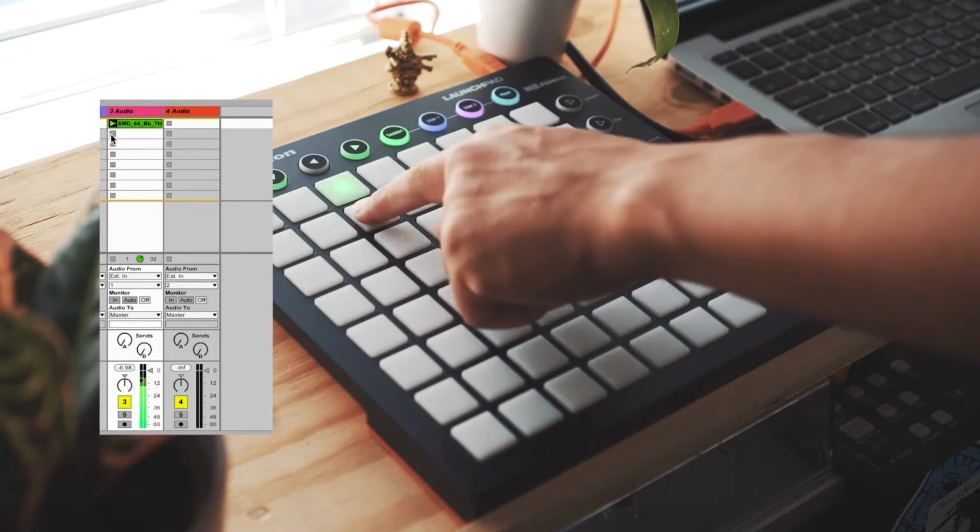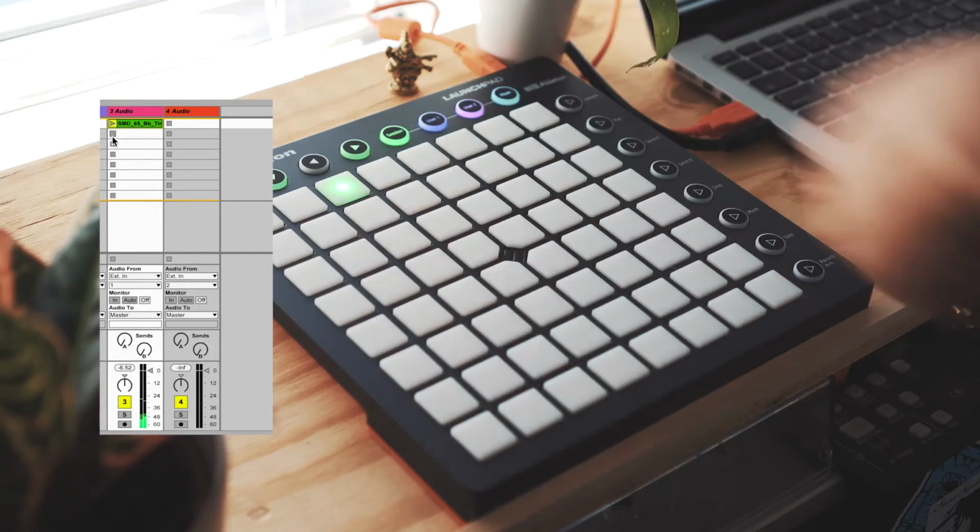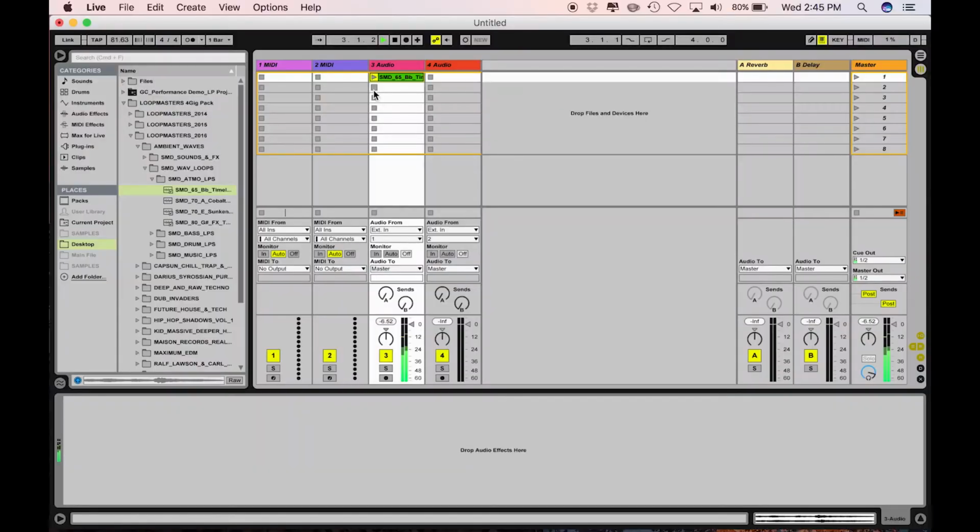I can press the one below it that has a little stop sign on there and it'll stop it in time. You can see that it doesn't stop the playback though, but that's okay. So I'm going to hit spacebar, or you can just hit the stop button itself and it'll stop playback. Where this is cool is we can find another sound, maybe that one,